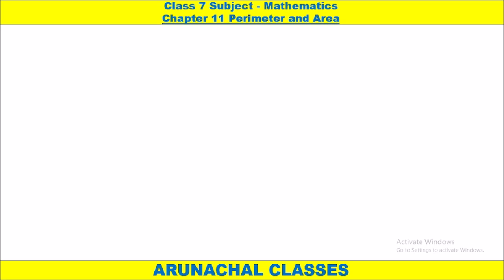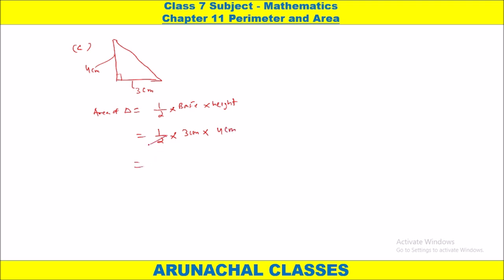We have next figure under question 2 only. It is figure C. Here a right angle triangle is given and here it is 90 degree. The base length is given as 3 centimeter and the perpendicular length is given as 4 centimeter. Now we have to find out the area of the triangle which is given as half base multiply with height. Now half base value is given as 3 centimeter and height value is given as 4 centimeter. So 2 is 2, 2 2 is 4, 3 2 is 6, 6 centimeter square will be the area of